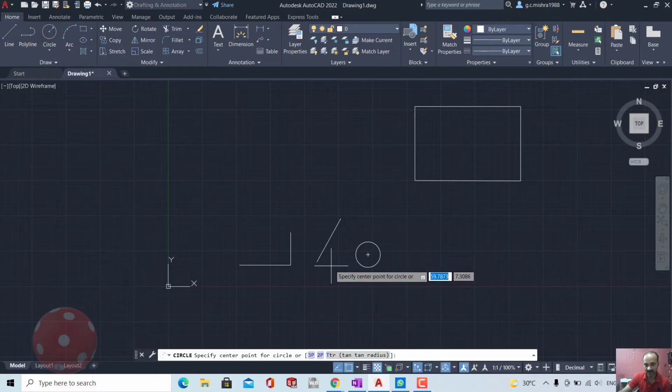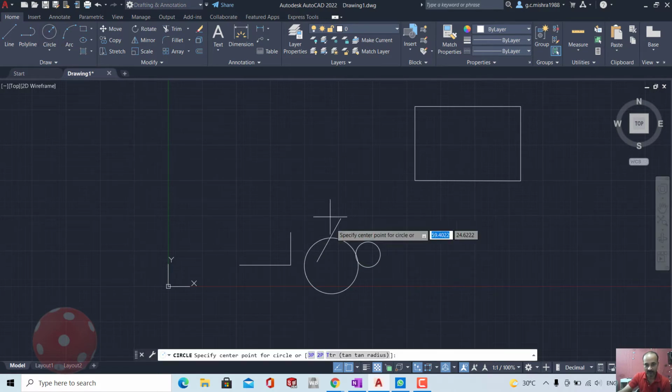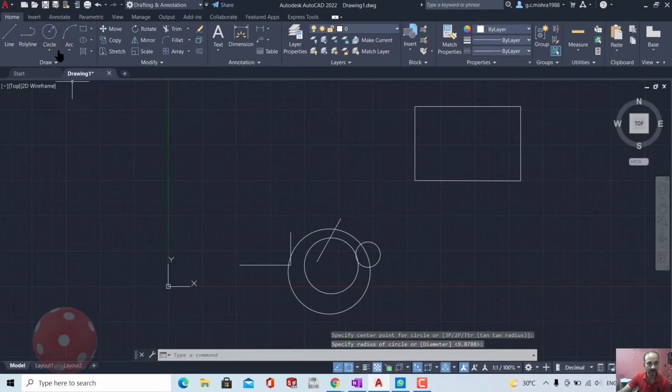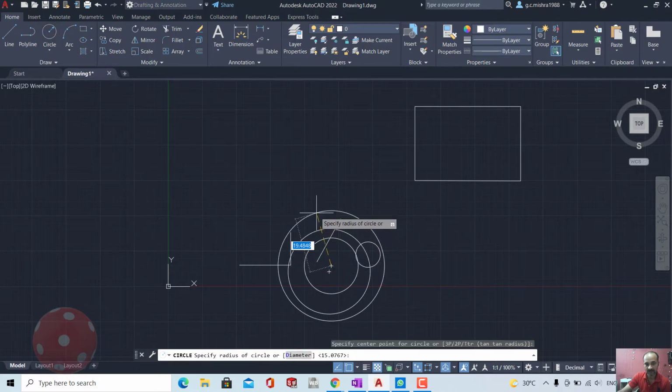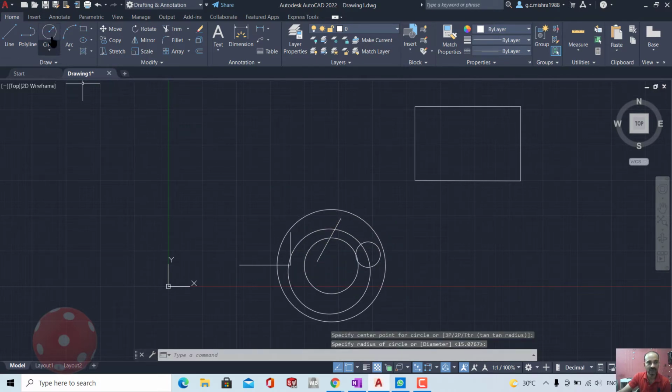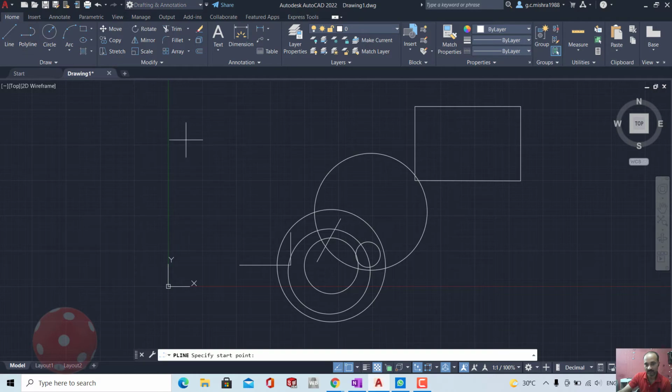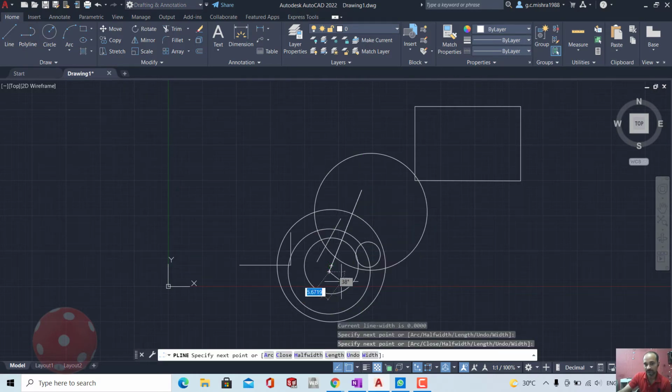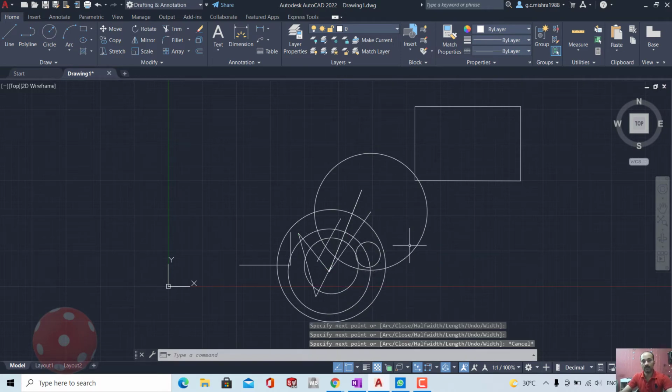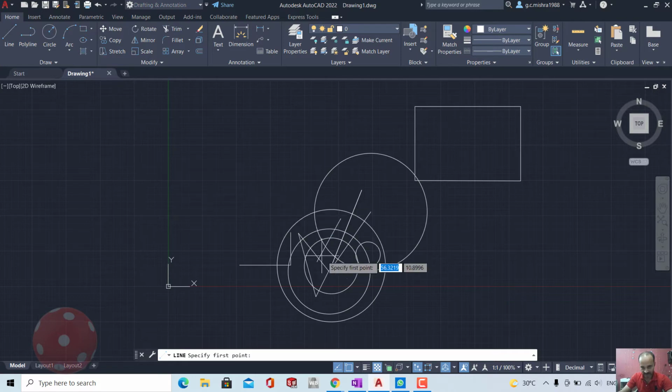Suppose I have created multiple circles and multiple lines, very many things. Now if I start drawing, there will be one help line here, one help line here. You will be confused about which one to choose.